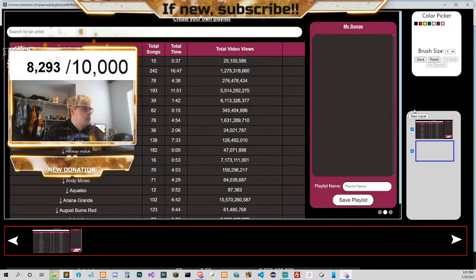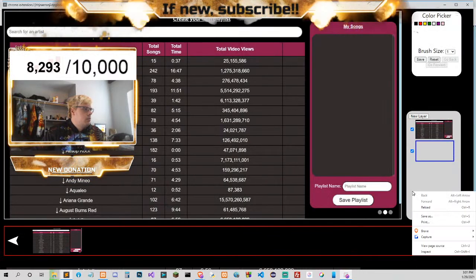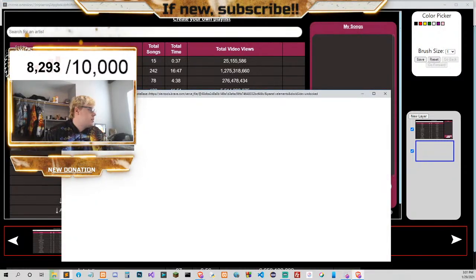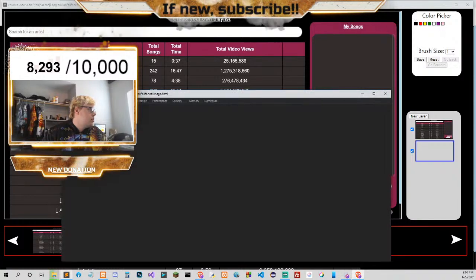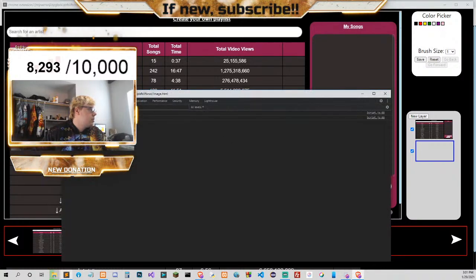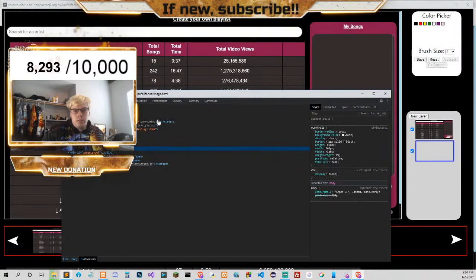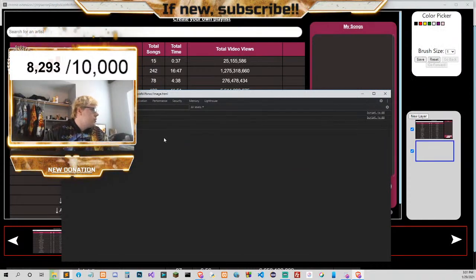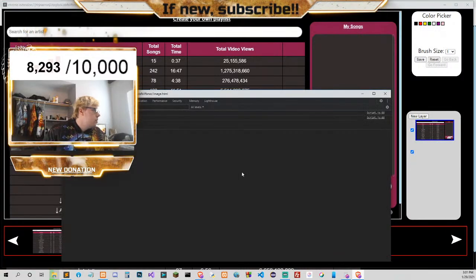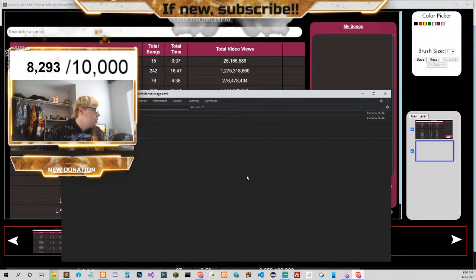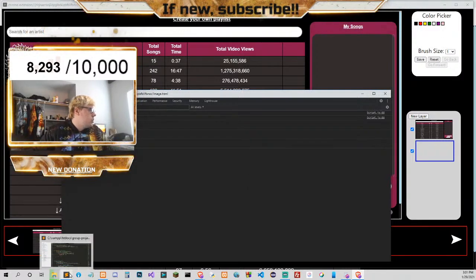So look, new layer, let's do this. We do that. Let's try this. Selected layer, oh my gosh. Selected layer is 2. If I select this, it equals 1. If I select this, it equals 1. It shouldn't do that.